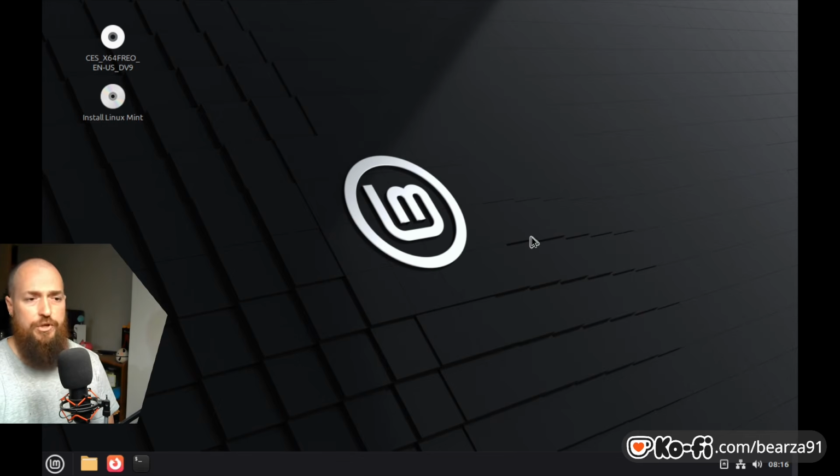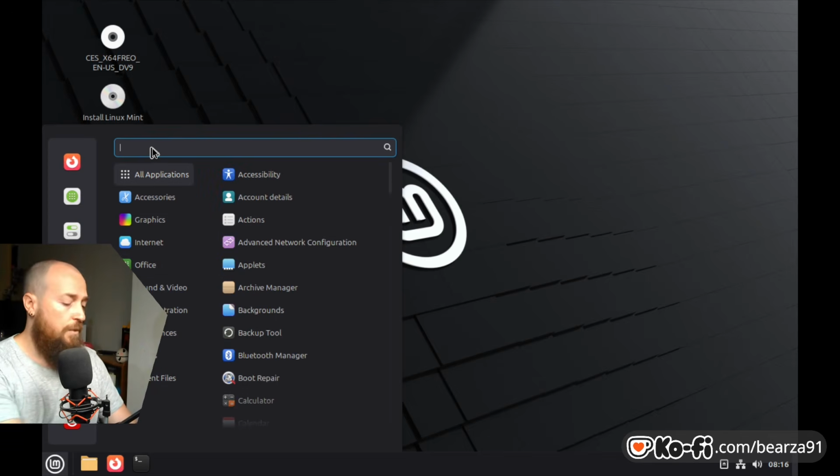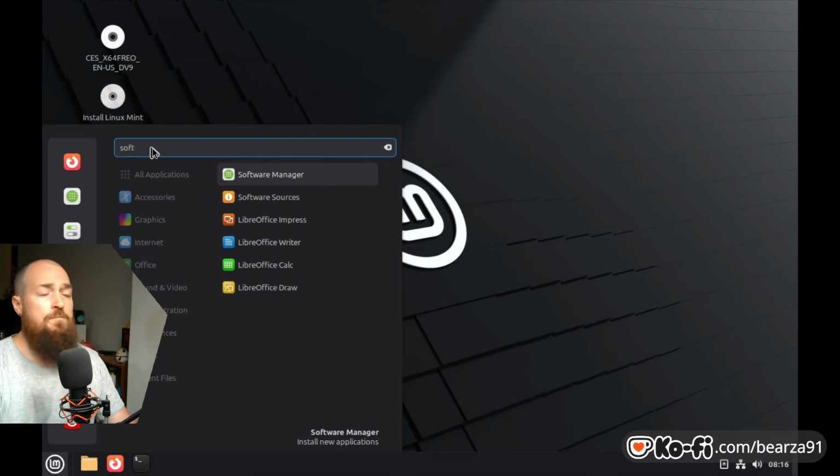It's had a bit of a chance now to load. You'll see you can now try it out. If you see two mouse cursors on my screen, that's because one is my system and one is the virtual machine, okay? But you should just have the one. Now you can try it out, you can check what it ships with, you can try out the software, and it's pretty good. You don't really have to know the app, just type like what it's used for and it generally gives you